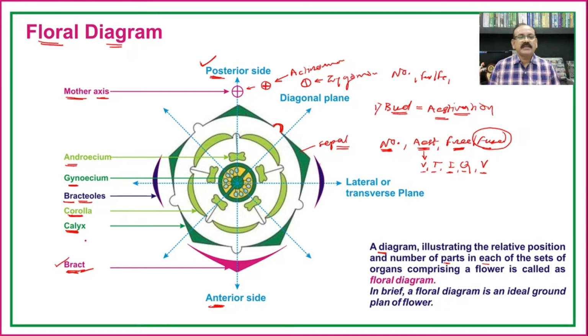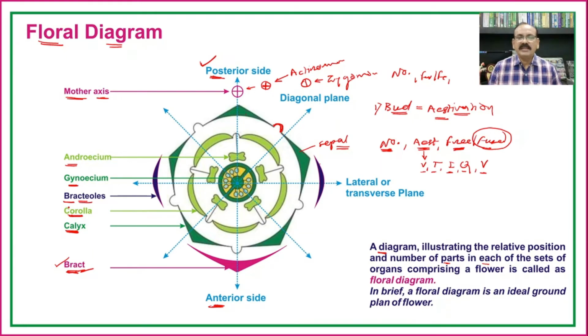In a similar manner, in certain cases, there is a presence of a spur to the sepal or the petal, and in such cases, on the basis of the presence of the spur to the lower side, we have to draw it in the form of a loop as a spur.